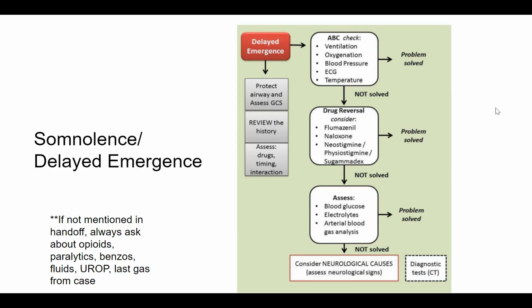You go down in the algorithm, and then you start to think about some metabolic issues, right? This guy had diabetes. Maybe we gave him too much insulin in the OR and his glucose is really low. So think about metabolic concerns. You can send gases, ABGs. You're also so great at drawing those.